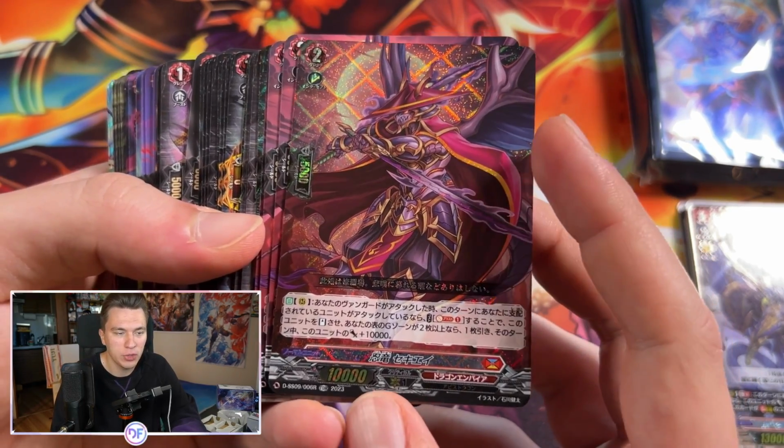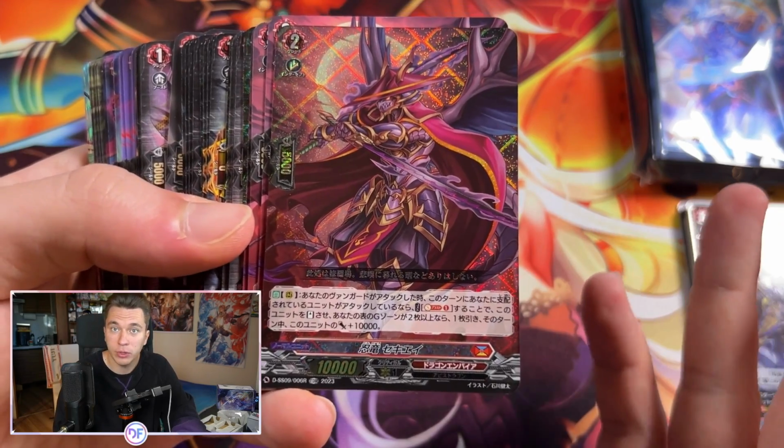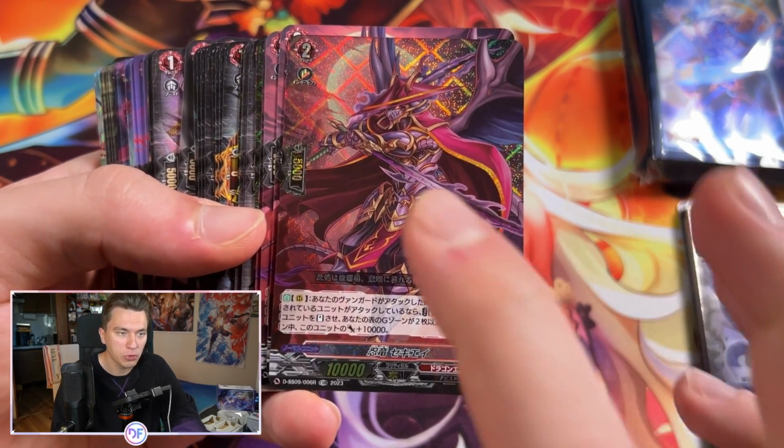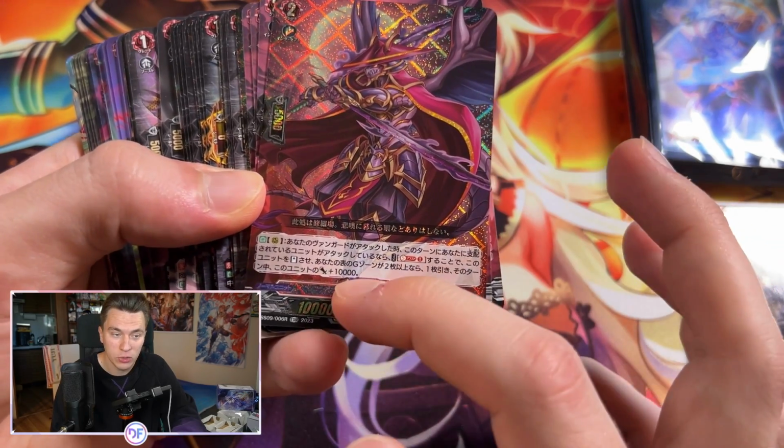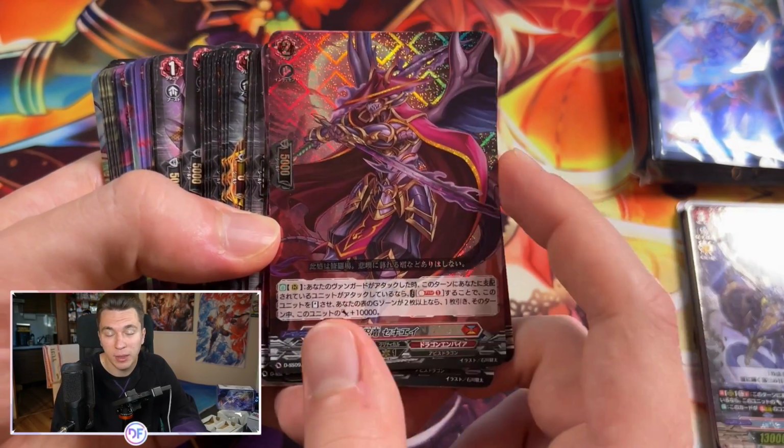So it's really cool because you can basically attack your opponent with your dominated units, and then you can attack with, let's say, 2 of this guy, and then attack with your Vanguard, Soul Blast 2, stand 2 of him, draw 2, and they both get plus 10k power